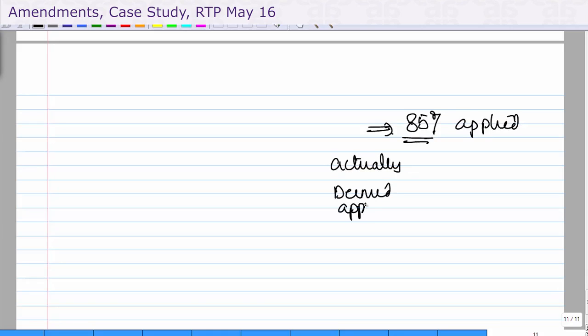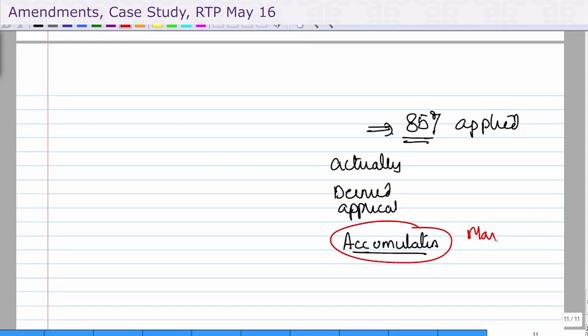Now out of that 85% that needs to be applied, you will remember that there was actually applied, there was deemed application, and then there was accumulation for a particular project or purpose. Now for that, the maximum time limit for accumulation was given 5 years and we were required to accumulate it in securities of 11(5). Now there's a Form 10 that needs to be submitted